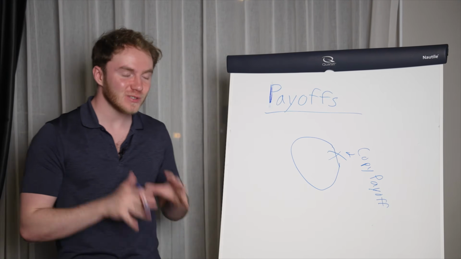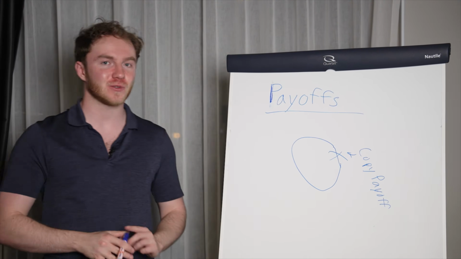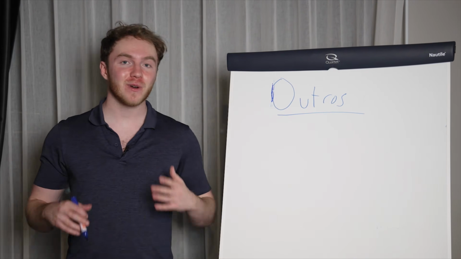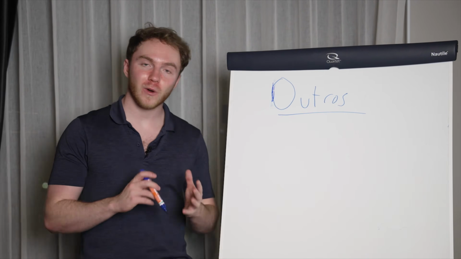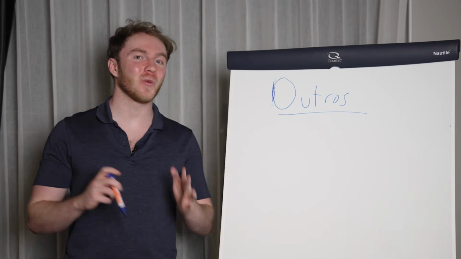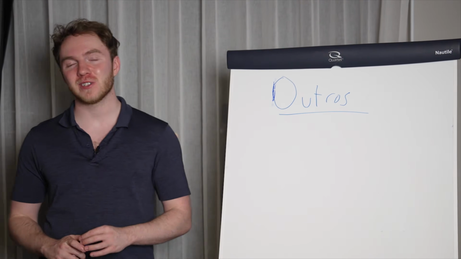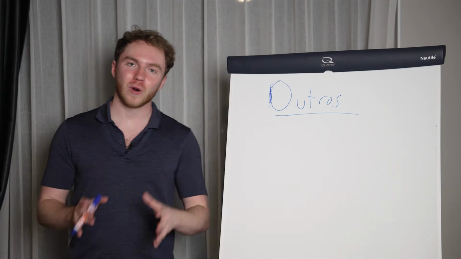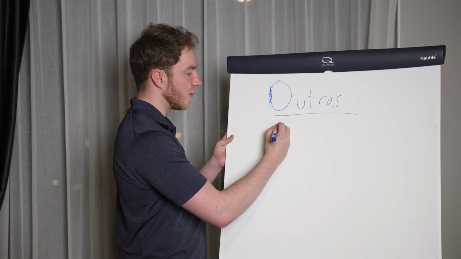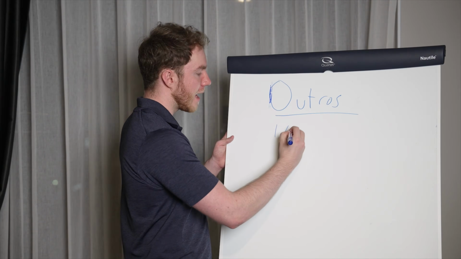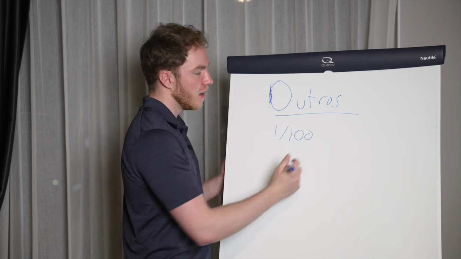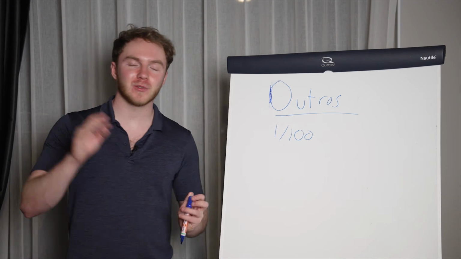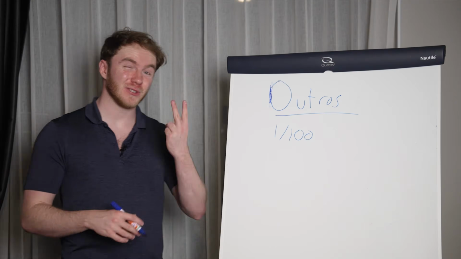But to write the best YouTube script possible, you cannot ignore this outro framework. Most beginner YouTubers will end off their videos saying, hey, if you like this video, check out this one next, which overall is a great idea because we do want people to watch more of our videos. But if you're currently doing this, you're probably missing out on hundreds of thousands of views. A normal outro CTA like that will get you around 1% or 1 out of 100 people clicking on that next video who see that, right? So for every 100 people who see that, you'll maybe get 1, maybe 2 if you're lucky.